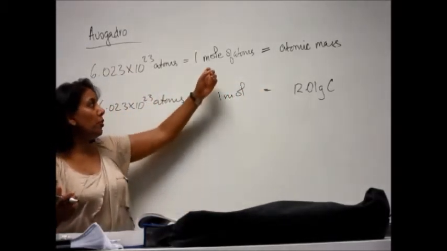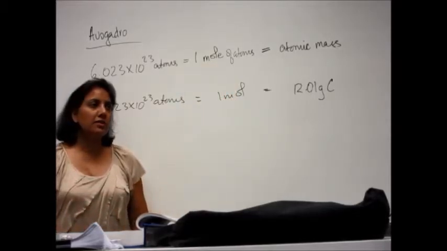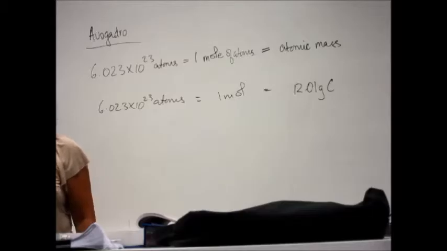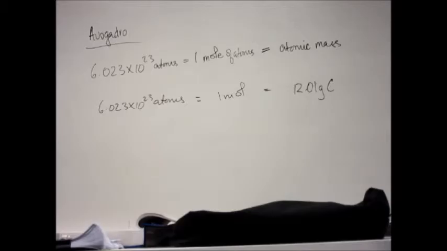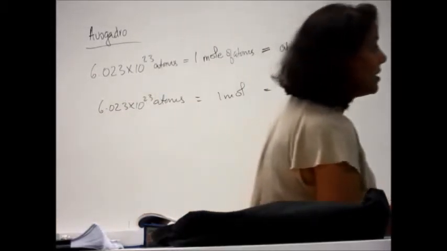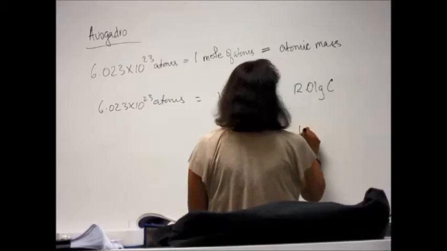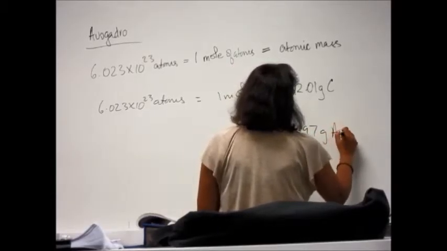The short form of mole, M-O-L-E, is M-O-L. We just take off the E. Such a big difference. Okay? You can take literally anything from the periodic table, and that will mean the same thing. So for example, if I were to take something even as heavy as gold, 196.9 or 197 grams of gold